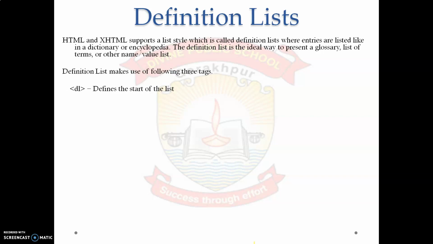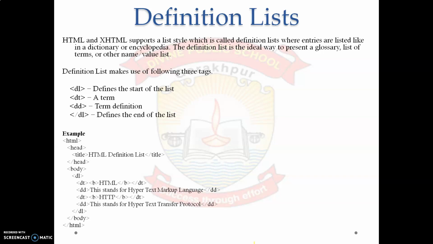Let us see. Here we use the DL tag. In the DL tag, for the word we use DT, like in a dictionary hard words are there and after that their meaning. For the hard word we use the DT tag, and the definition or meaning under the DD tag. After that we have to close the DL tag. Let us see with an example here.